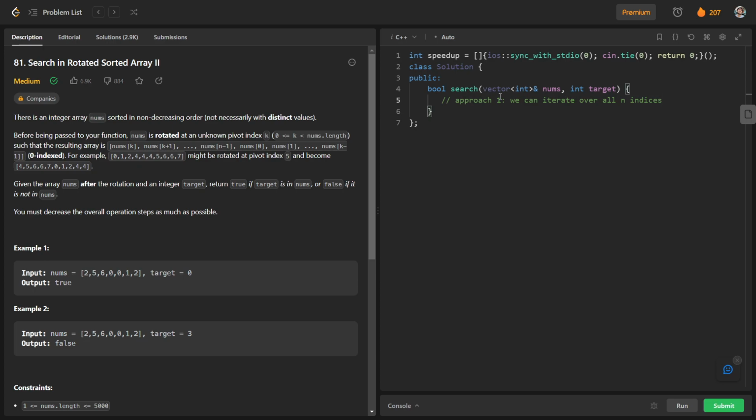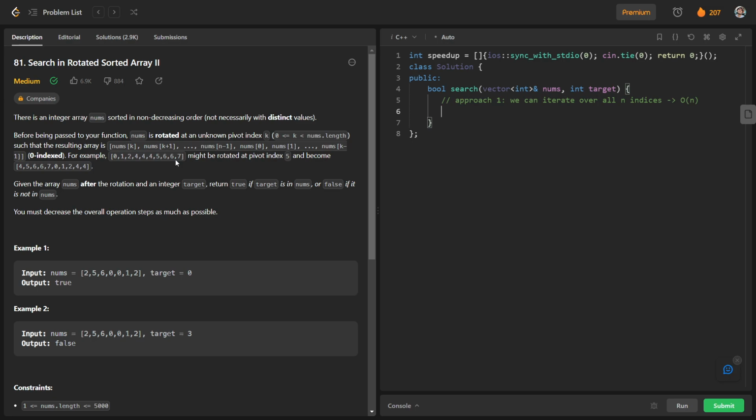Corresponding to this approach, our time complexity is order n, but we are looking for a much more optimized code. You can see that we have solved the question Search in Rotated Sorted Array in log n complexity. So we will also try to solve this question in the same complexity.